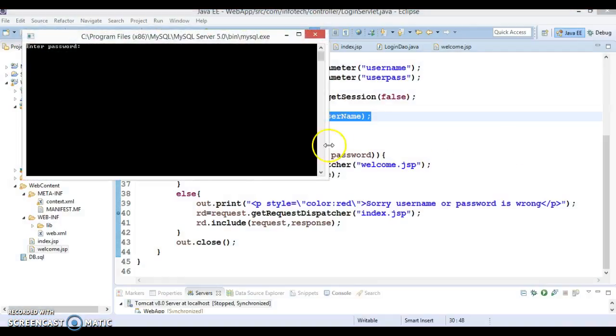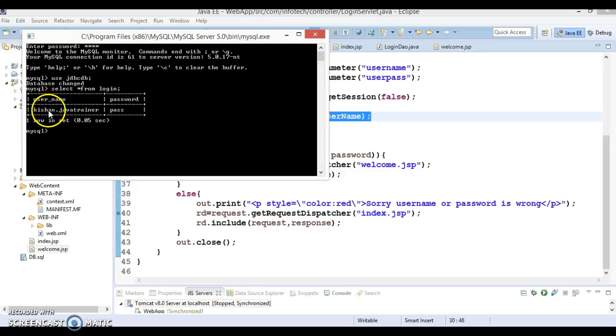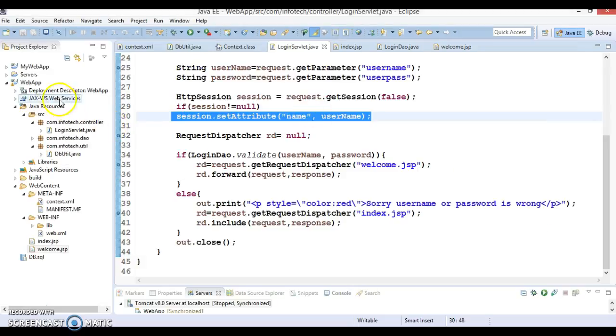so in this MySQL database my password is root, and here I would say use jdbcdb, that's my database name, and I would say select star from login. So currently I have one user in my database, and the username is kishan.javatrainer and the password is password itself. So when I run this application,